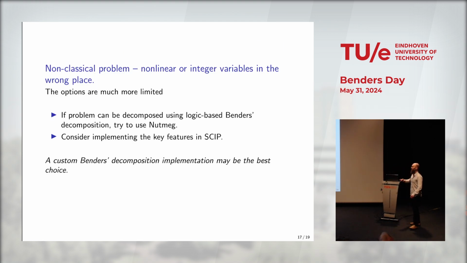For non-classical problems, you're kind of a bit stuck. You have to implement it yourself, really. SCIP does handle some cases. Nonlinear programming is possible in SCIP, but in that case, we treat it as a logic-based Benders' approach. We solve the MINLP in the sub-problem directly, and then we generate no-good cuts. So it's not an ideal setup, but it can be handled. That's kind of what we wanted to do there. If you've got a logic-based Benders' approach, you could use Nutmeg, but I'd probably be looking at implementing it yourself.